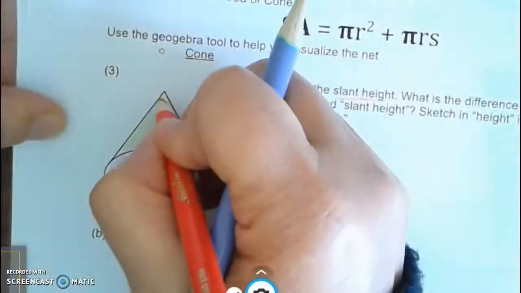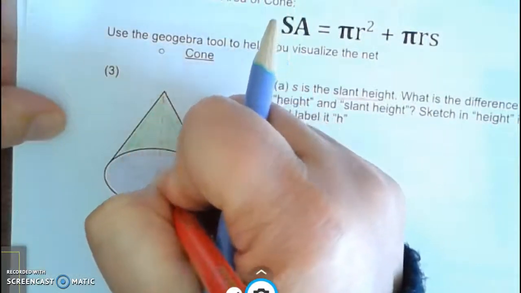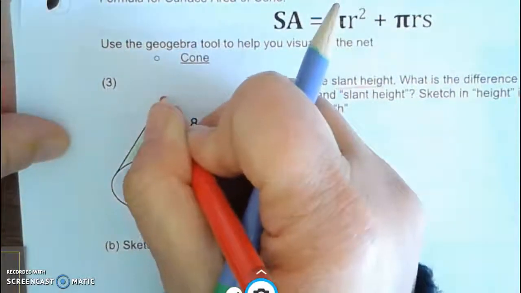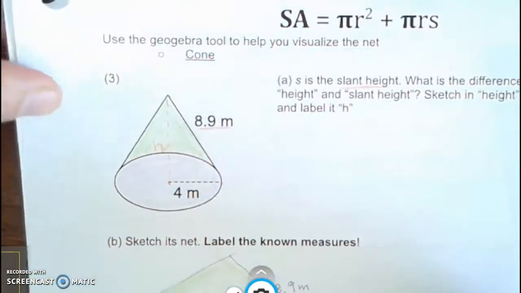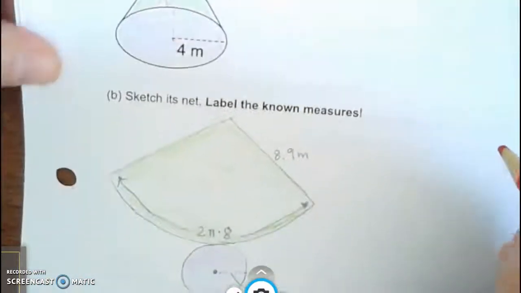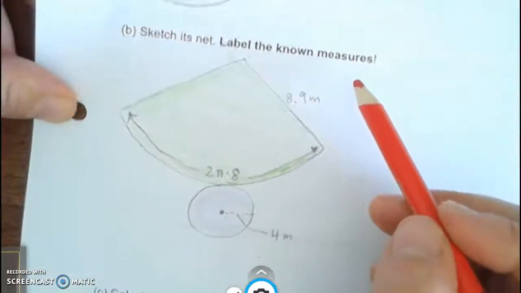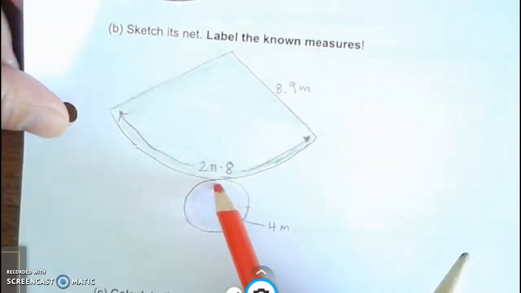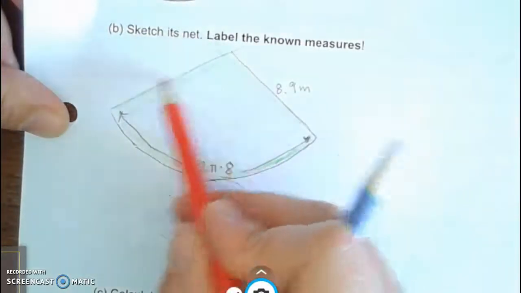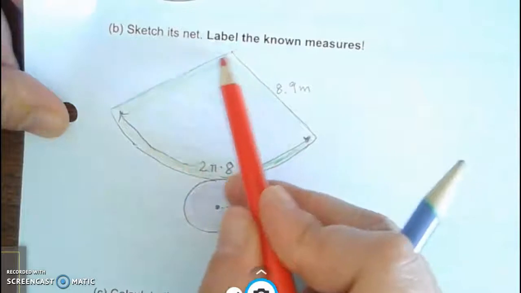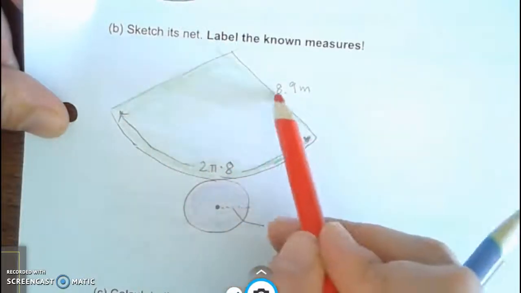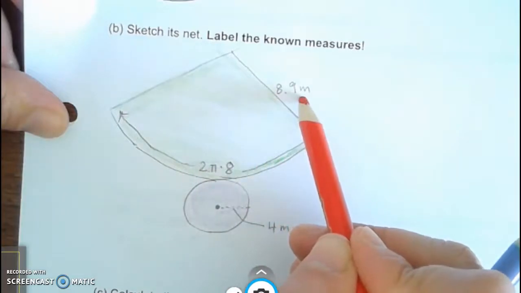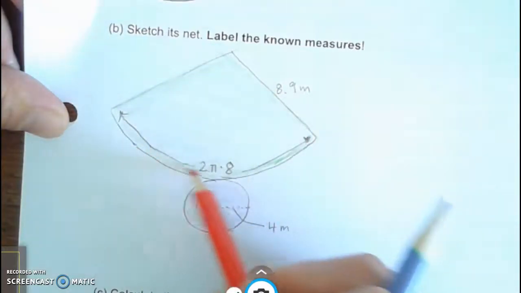In this case, the height will be the distance from the apex to the center of the circle, and that will be the height. But we don't really need that. Okay, so label the known measures. So we have a circle, and then a bigger sector of a circle with a radius of 8.9, which is the slant height. And this length